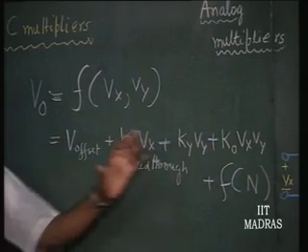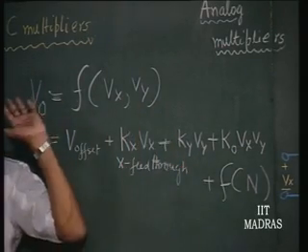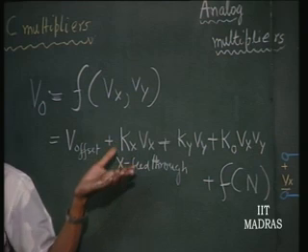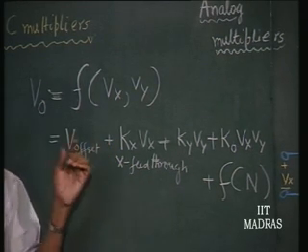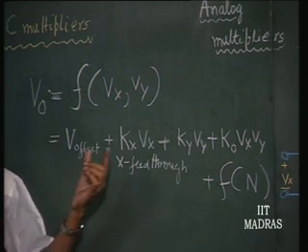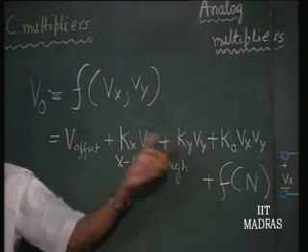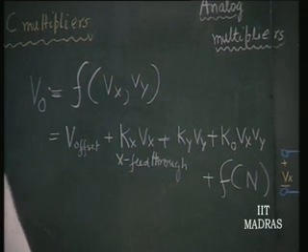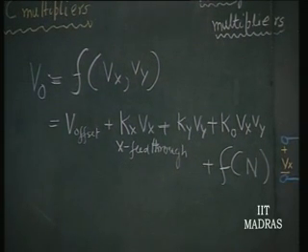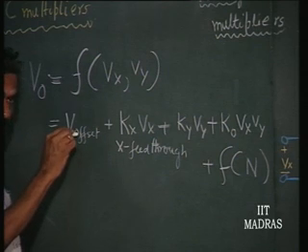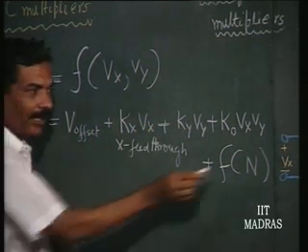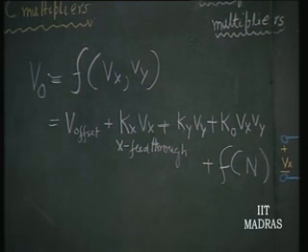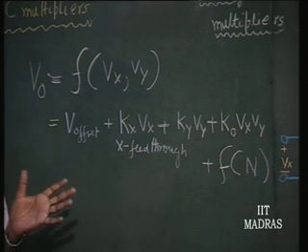That means this particular output is going to be there in almost all nonlinear functions, in general. Only thing is, in certain nonlinearity we may have V offset becoming naturally 0, in another nonlinearity Kx, Ky may be naturally 0, and so on. That means we must devise a configuration wherein this is as small as possible, these two are going towards 0, and this is as small as possible. That is a good configuration for the operation of multiplication.